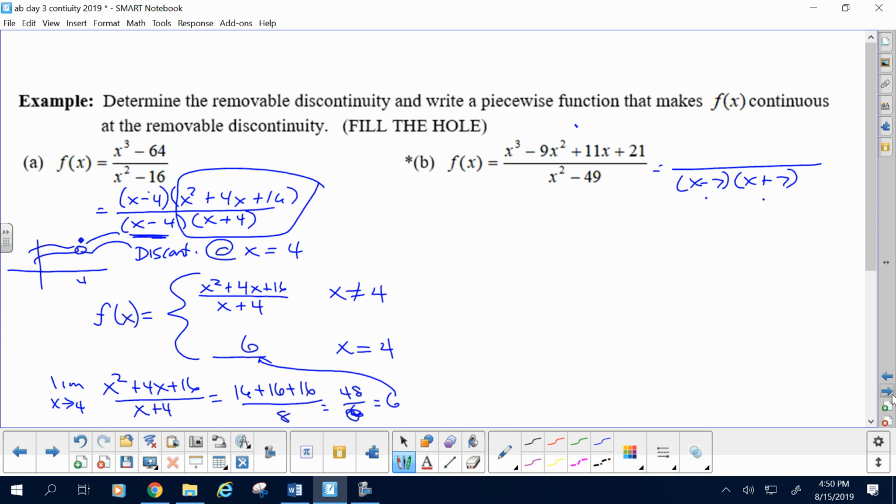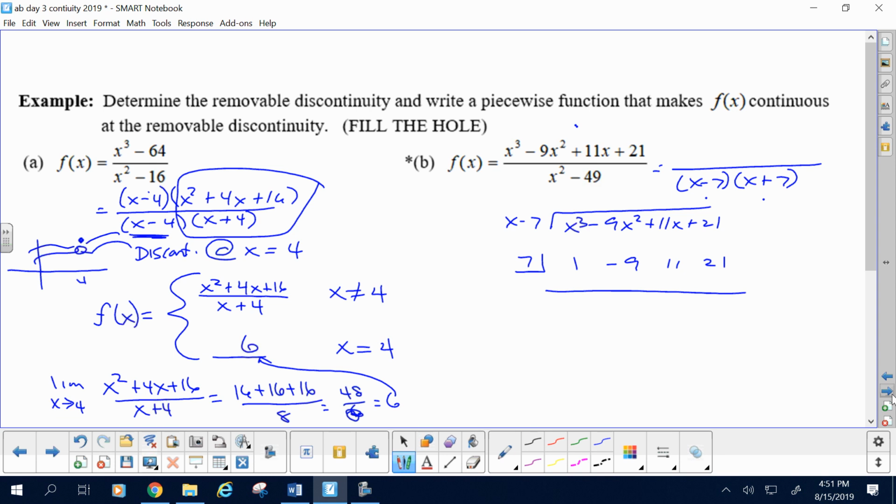You could figure out how x minus 7 factors out from this one of two ways. You could do long division: x minus 7 into x cubed minus 9x squared plus 11x plus 21. You learned that in Algebra 1. I don't know if you remember it, but you used to be able to do that. And you also could say, what about 7 into, and use synthetic division, 1, negative 9, 11, and 21. Now that was only last year, so I don't know if you remember that or not, but